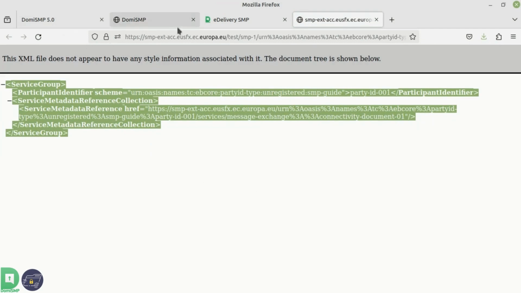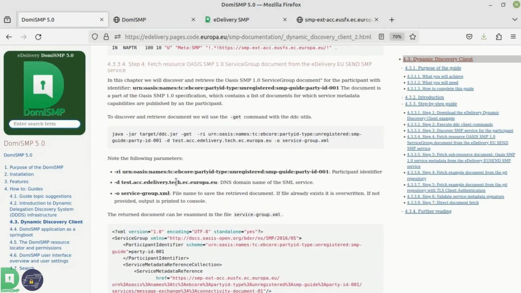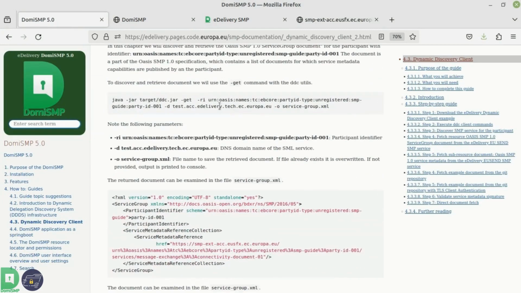For this, I already prepared a command here in step 4. The command is like this. Please note that now we will use the get command. Everything else is the same. The participant identifier and the domain are the same. What we will just add at the end is this -o, because we will print the result in the file named servicegroup.xml. So if you copy and paste this command now,